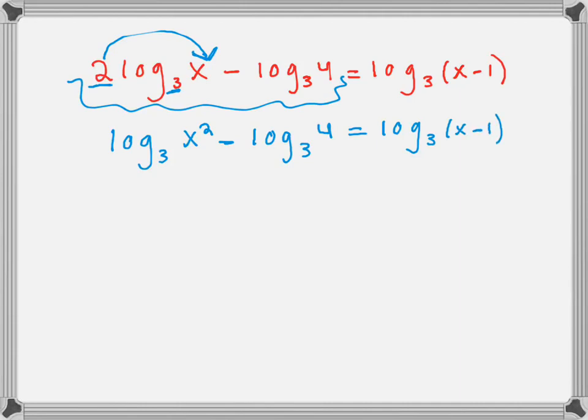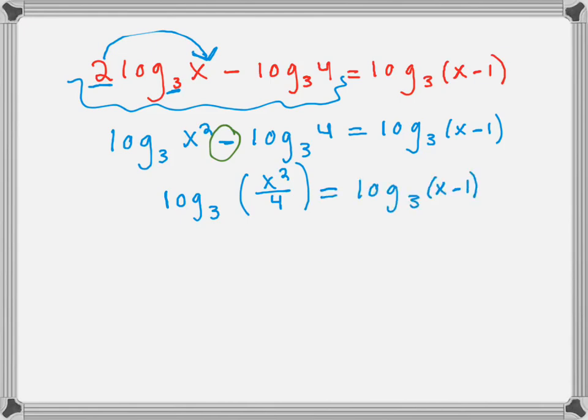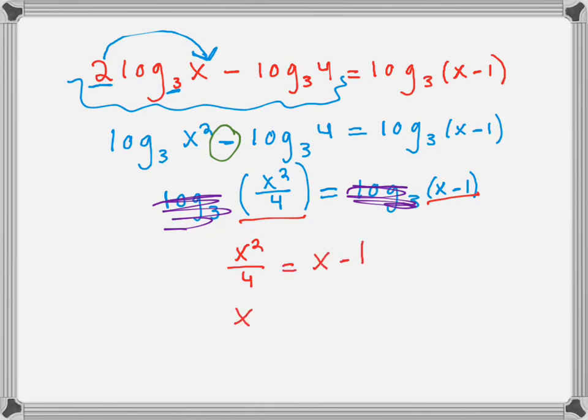of x minus 1. Okay, so now if we use our rule of division whenever there's a subtraction sign, which there is here, then we know that this is equal to log base 3 of x squared over 4, right? If there's a subtraction, you divide inside of the log, which is equal to log base 3 of x minus 1. Okay, now at this point, because we have a log expression on both sides, these can totally cancel out, and we can just set these terms equal to each other. So we have x squared over 4 equals x minus 1,